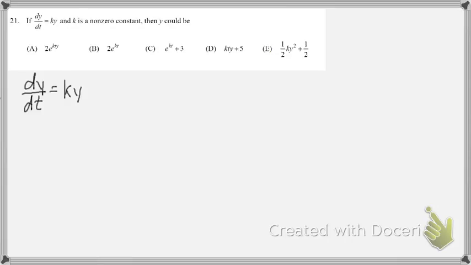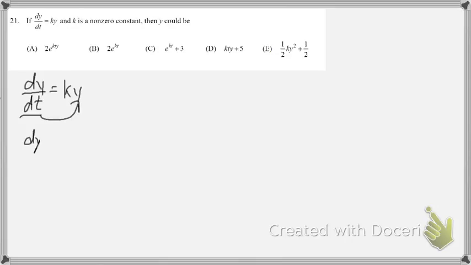Now in separation of variables, our goal is to get all of one type of variable, so in this case all of the y's, to the left side of the equal sign, and we want to get all of the other type of variable, in this case a t, to the opposite side of the equal sign. So we need to move this dt over to this side of the equal sign. We're going to do that through multiplication. Multiply the left side by dt, multiply the right side by dt, and we're going to end up with